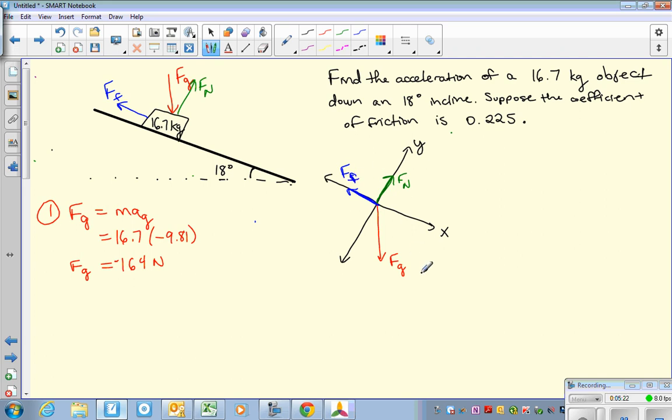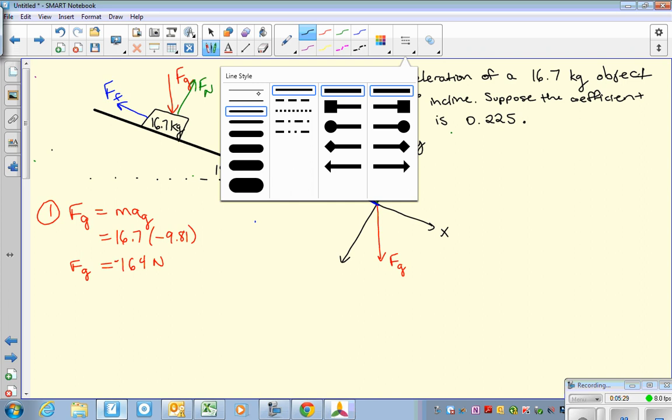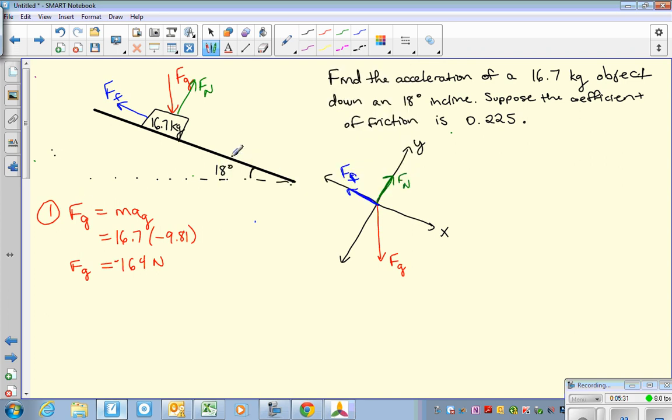So now if you notice, both the friction force and normal force are on the axis. The gravity force is not. And if you remember, our incline angle, whatever that is, 18 degrees, that always goes between our gravity force and our y-axis. So the 18 degrees is going to go here. So we need to break up this gravity force into the x and y components. So there's a start of a right triangle here. Gravity force is always going to be our hypotenuse. Here's a side. We need to drop a perpendicular,